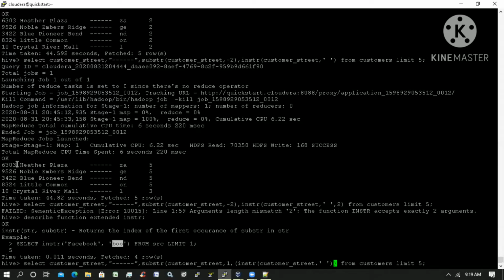Here the space will give the position, right? I want to cut before that value. That means -1. 1 to 5 means it will come with the space. I don't want it with the space, only before the space, right?